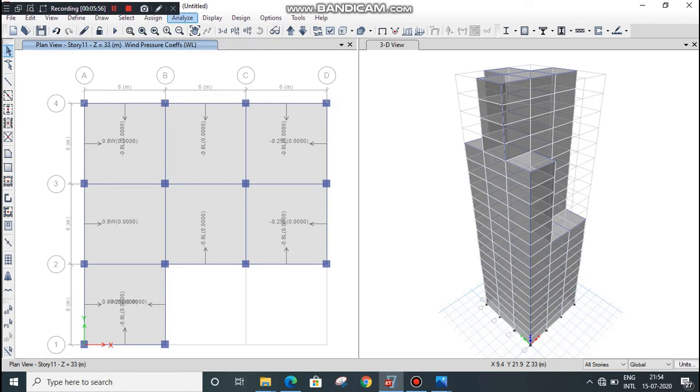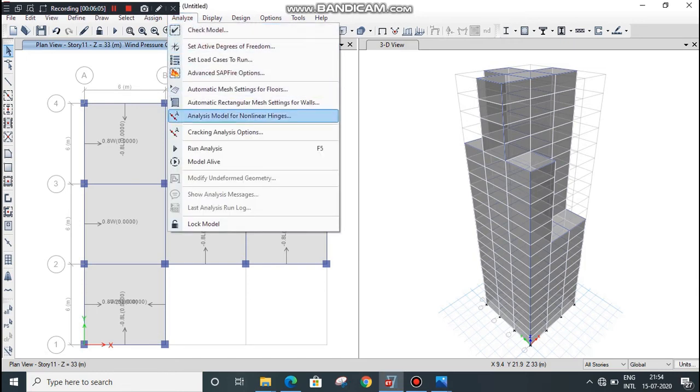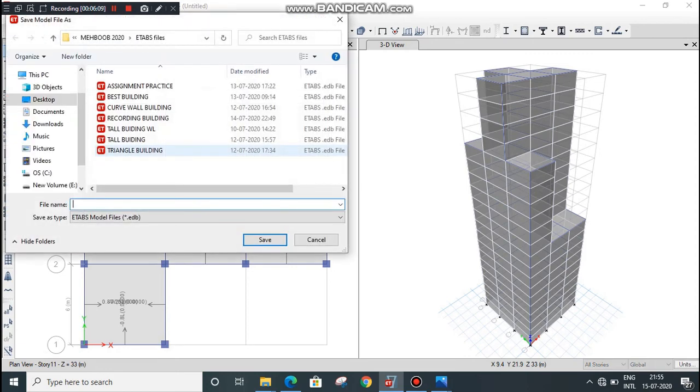Go to the Analyze option and select Run Analysis. If you have not saved your file, then first save it by giving a proper name.